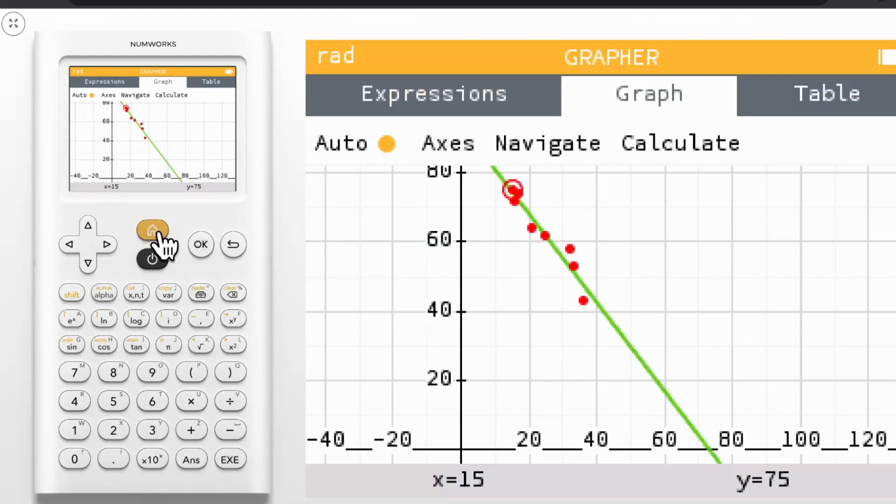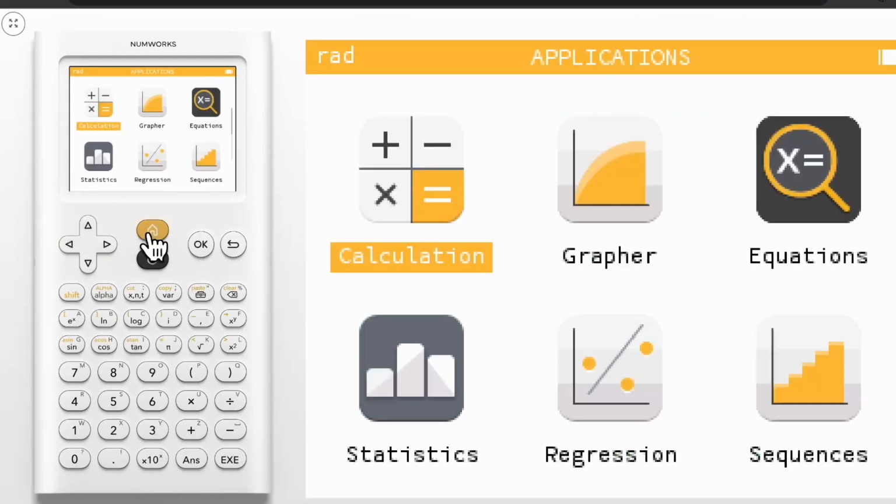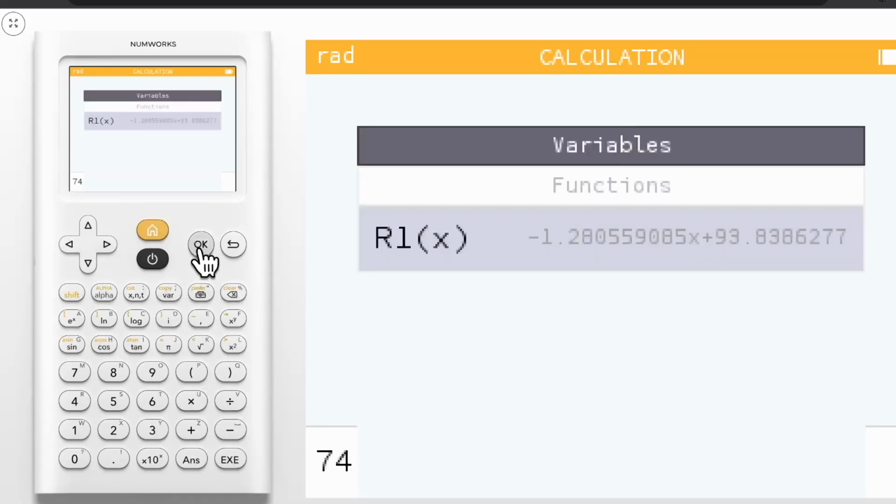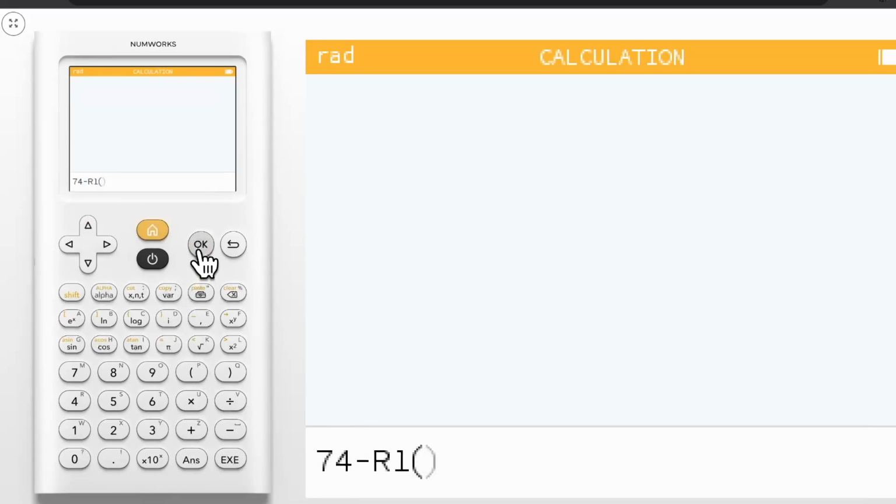Additionally, you can perform calculations on these values. For example, in the calculation application, you can calculate a specific residual by doing the observed y value 74 when x equals 17 minus the predicted value of R1 of